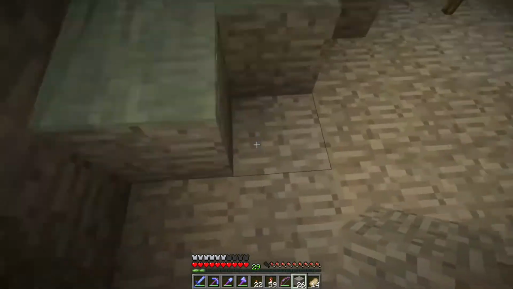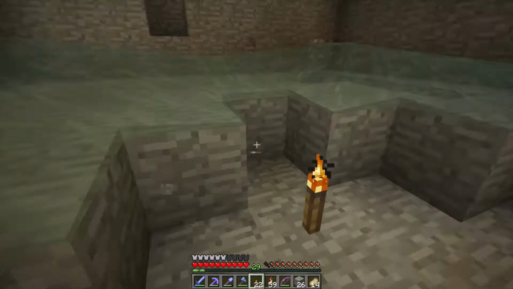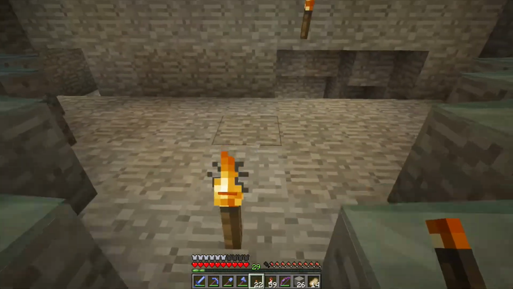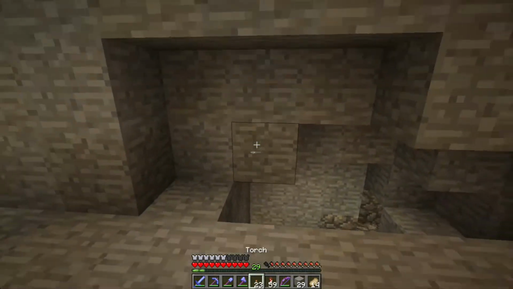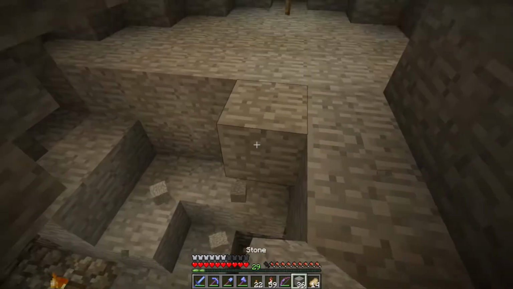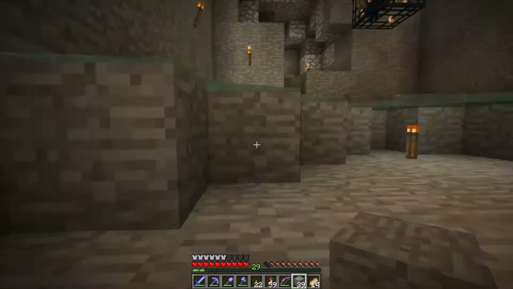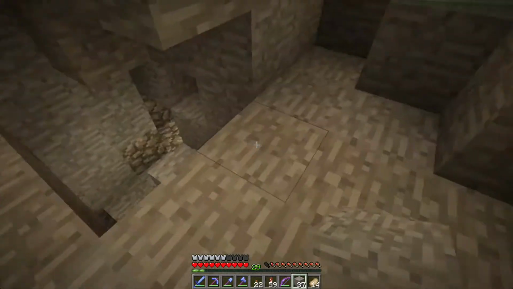But how this goes, it's kind of just like any other mob farm. We're going to break this, that, and that. It's going to create another flow of water that's going to push spiders down this way. Spiders are going to come down here. We're going to build kind of a tunnel for them to go down. I don't really like pushing mobs into one wide hole because then I feel like they just bump each other and slow things down, but